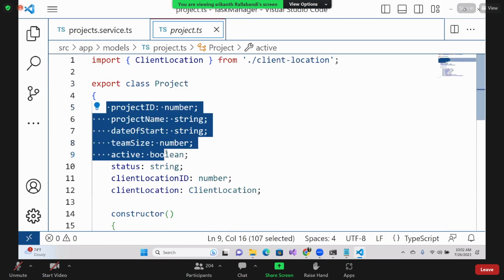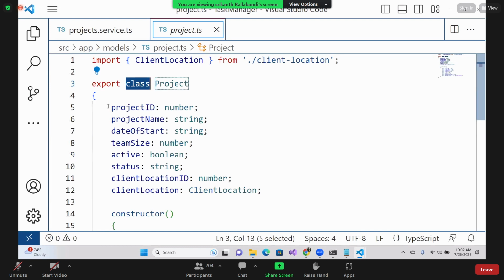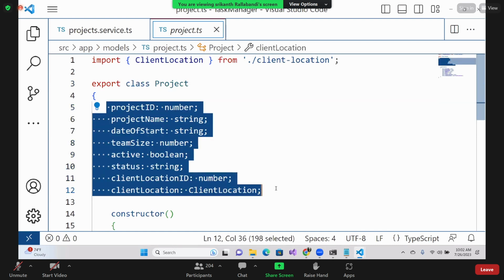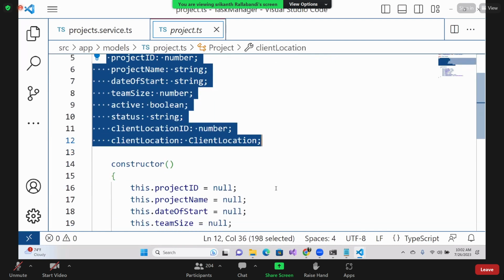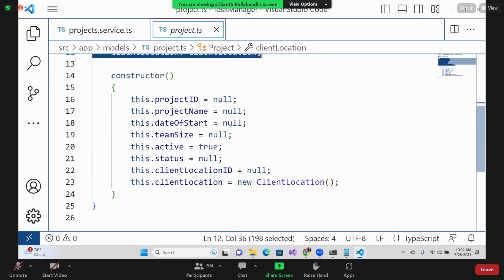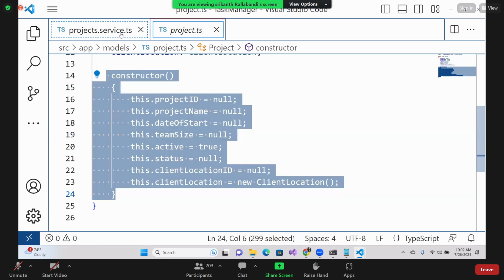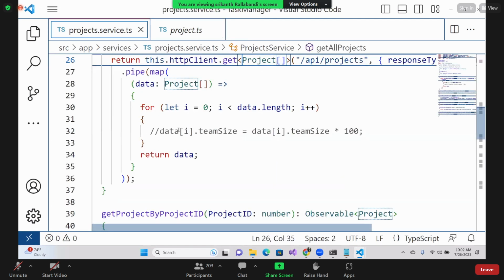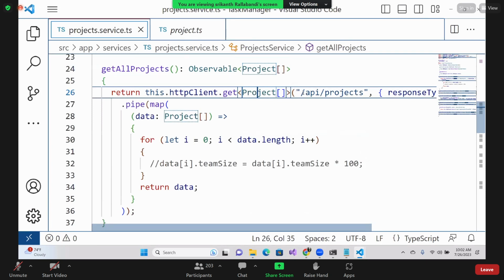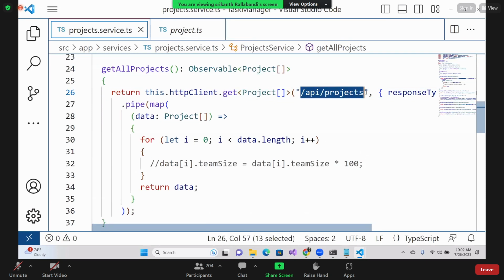I created so far with the interfaces, but in this project I use the class. Am I having the same data or not? Yes or no? It's just a contract class. And then, following with, I had a constructor, and with the constructor I'm supposed to pass all the data that we are having. Now, what I'm trying to do, you can see, whenever I make a call to this particular